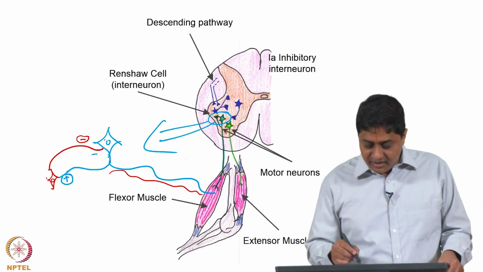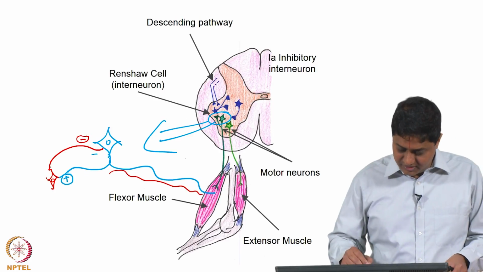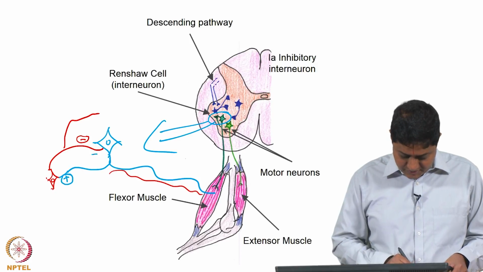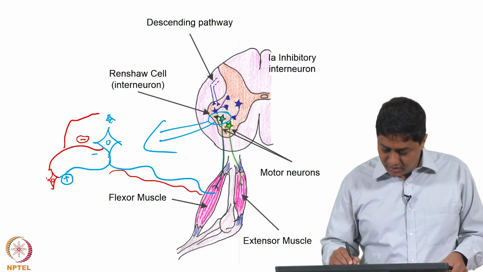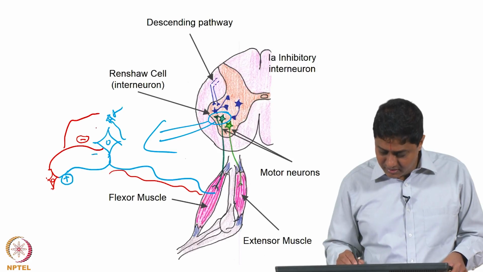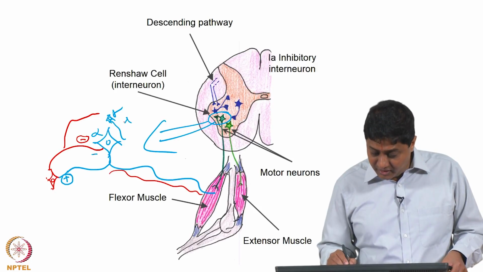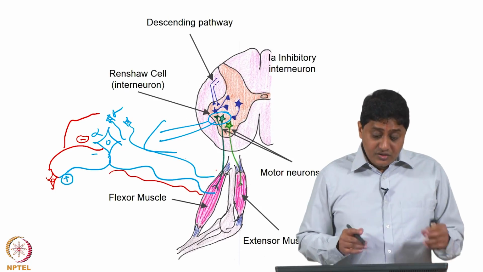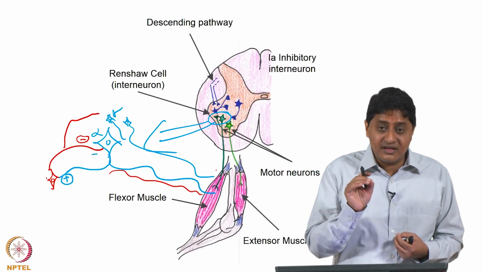Actually, what it does is more than this, what is not shown. This also branches out to other motor neurons. So, it actually causes an inhibition. That may be gamma, that may be alpha, and other motor neurons of distant but agonistic muscles. So, it is going to cause an inhibition for the action, not just for the cell.